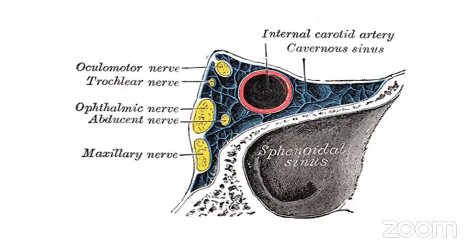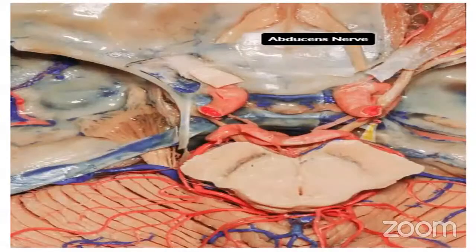It is basically formed by the two layers of the dura, one facing the brain and the other facing the body of the sphenoid. The inner layer, which faces the bone, splits at the lateral edge to enclose the oculomotor, trochlear, ophthalmic and the abducens nerve, and also the internal carotid artery resides within the cavernous sinus. So again, coming to the contents,